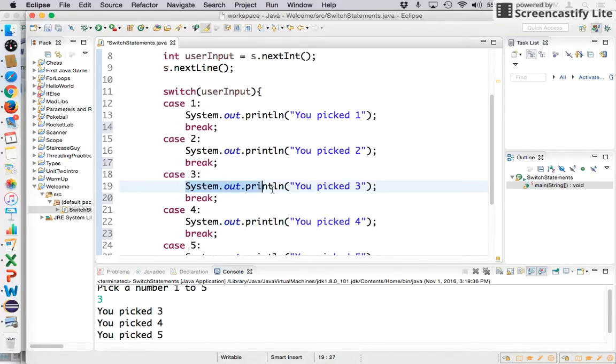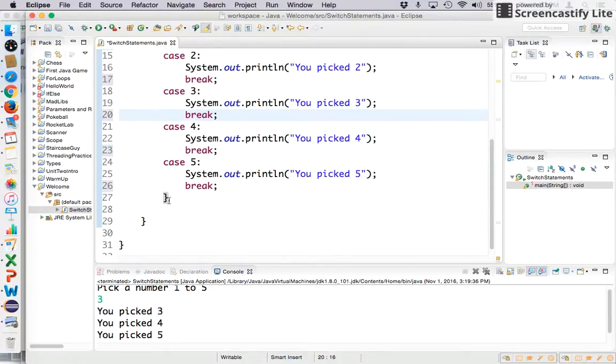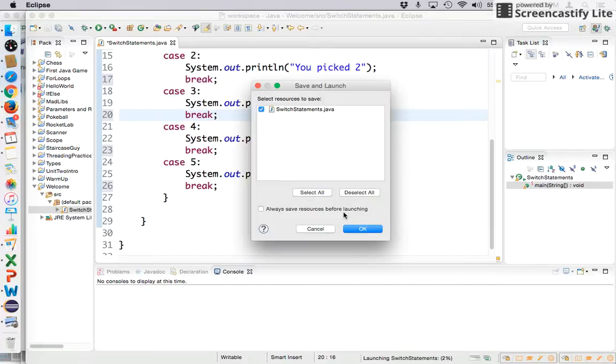3? Yes. You picked 3. And then when it sees this word break, if I hover over it, it'll tell me what it's going to break out of. If I just click on it, it says I'm going to break out of the switch statement altogether. It will skip everything else and go to here. So now if I pick the number 3, I should get,